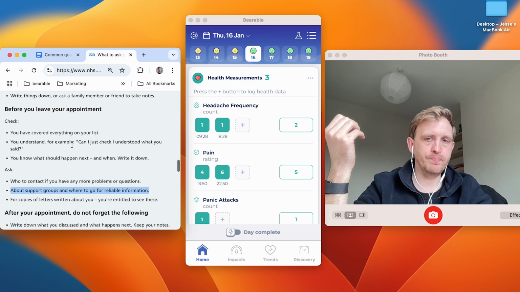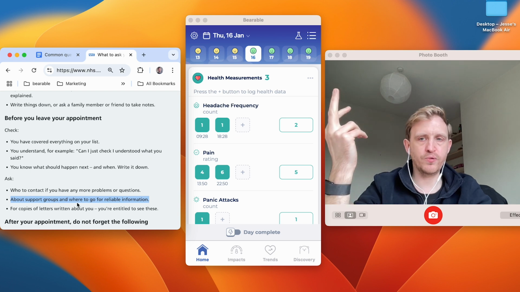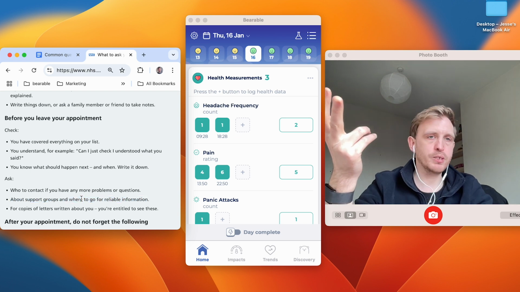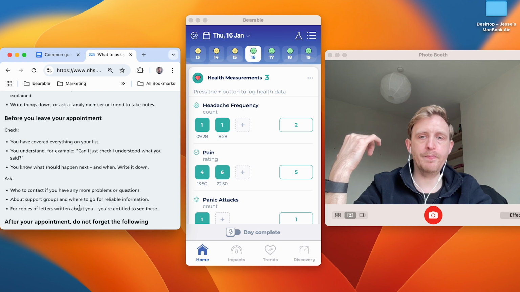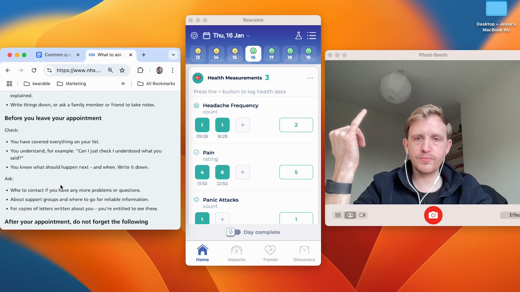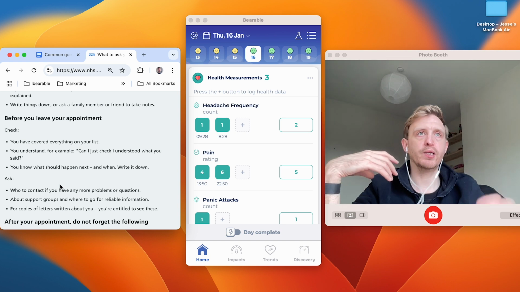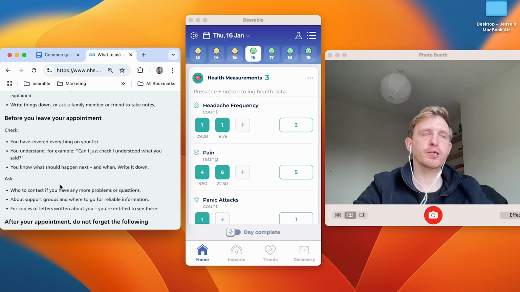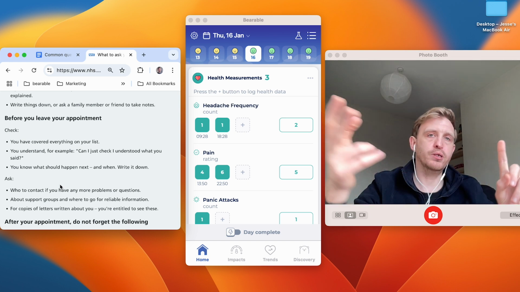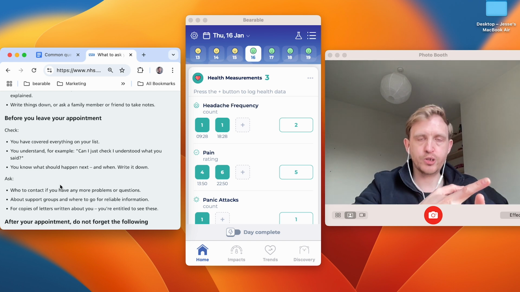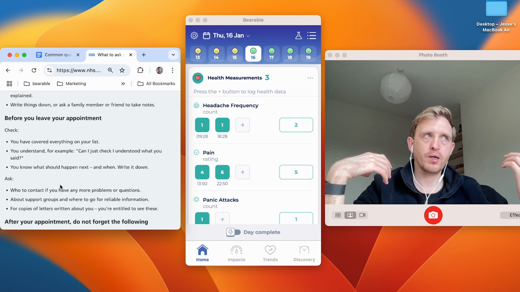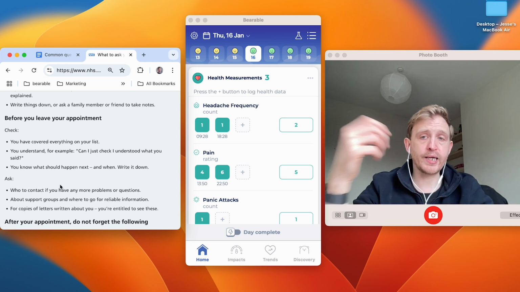I think that asking for resources, asking for information about support groups, communities, asking for medical records, asking for reports, asking when you'll get results back, making sure this information is added to your record as well. Make sure you've got clarity on when you'll receive information, what options are available to you, those types of things as well. That's kind of easy to forget during an appointment. And again, what I'd say is